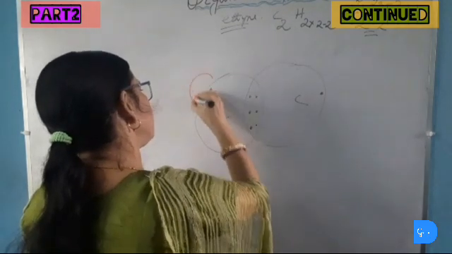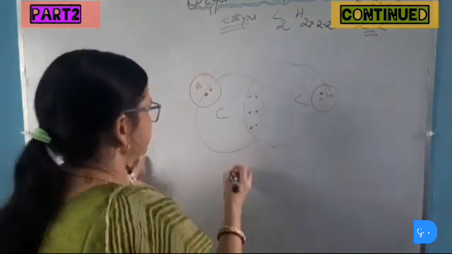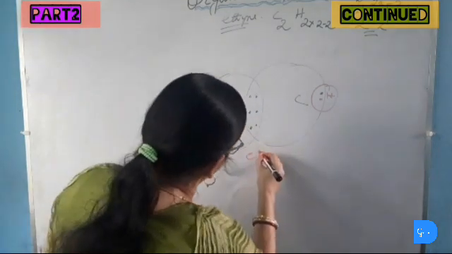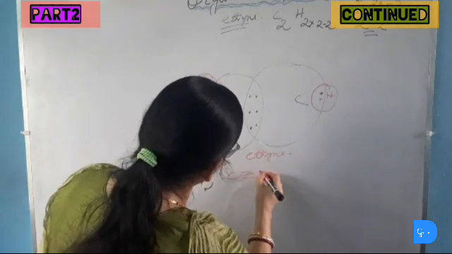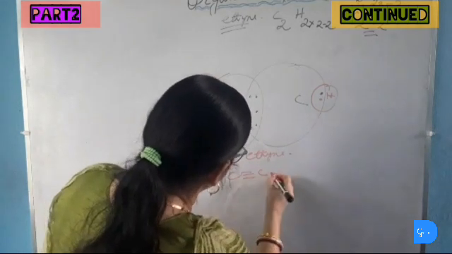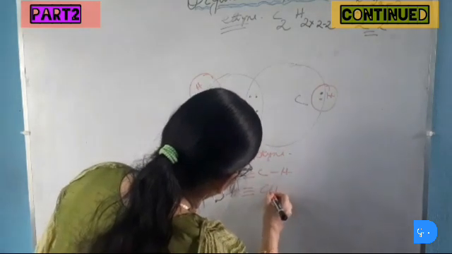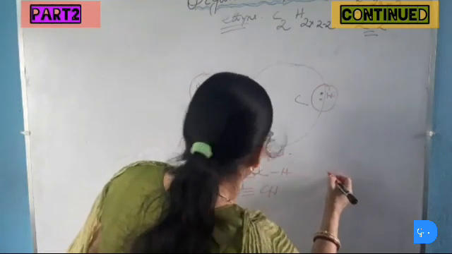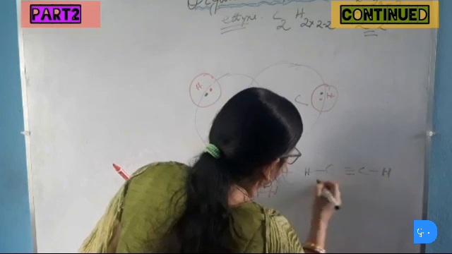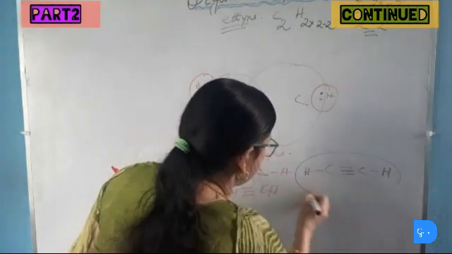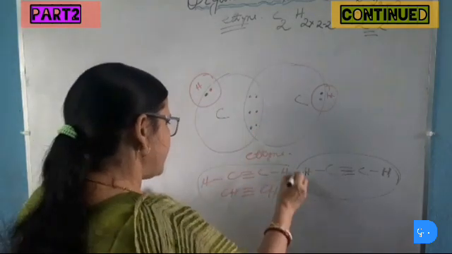This is hydrogen and this is hydrogen. So the structural formula of ethyne will be, this is ethyne. The condensed formula will be C triple bond C H H, or we can write CH triple bond CH. If we draw the structural formula, then C triple bond C, here is one H and here is also one H. This is the condensed structure of ethyne and this is the structural formula of ethyne.